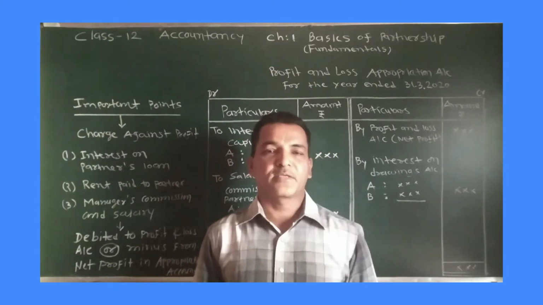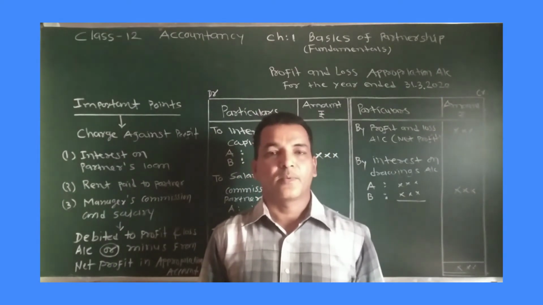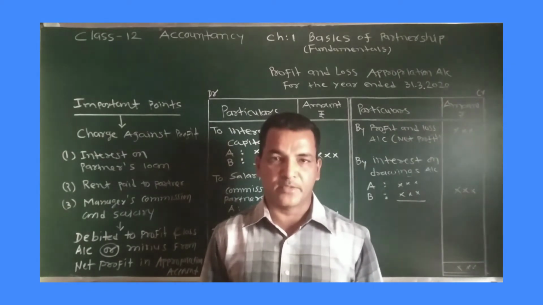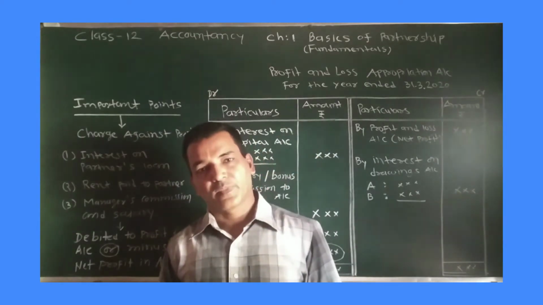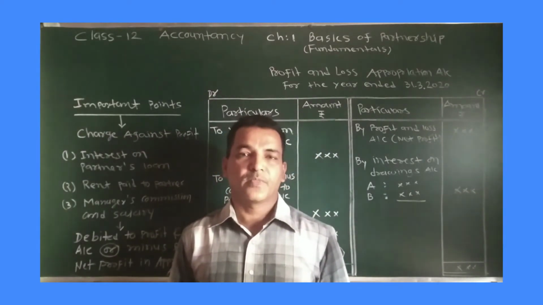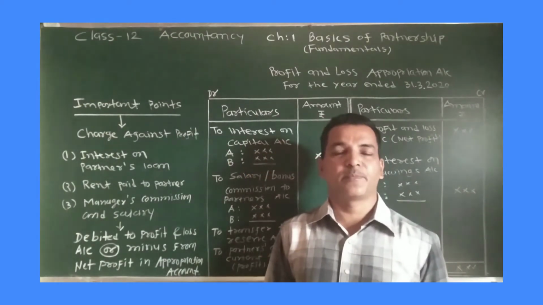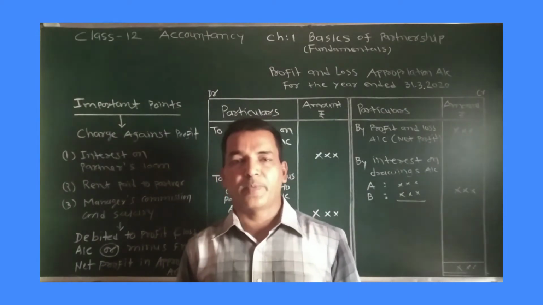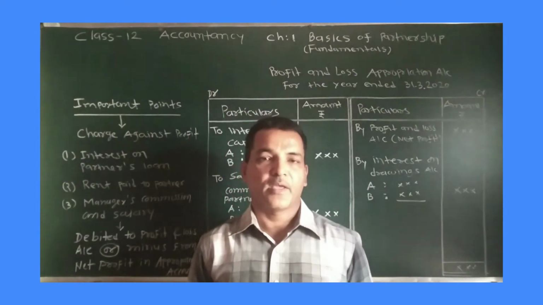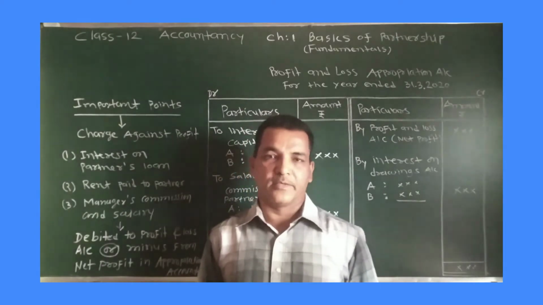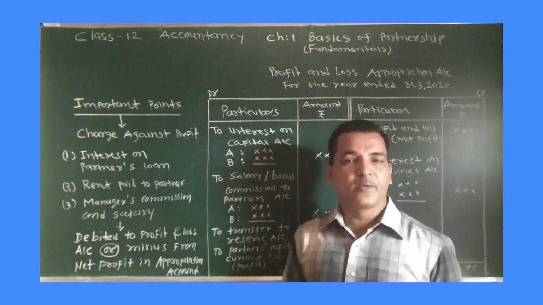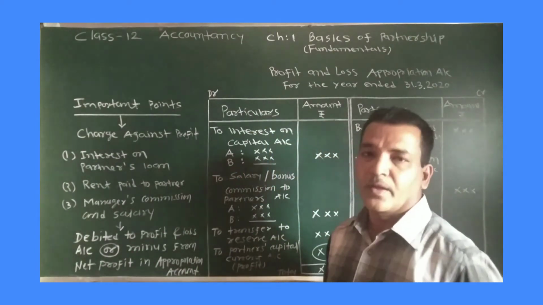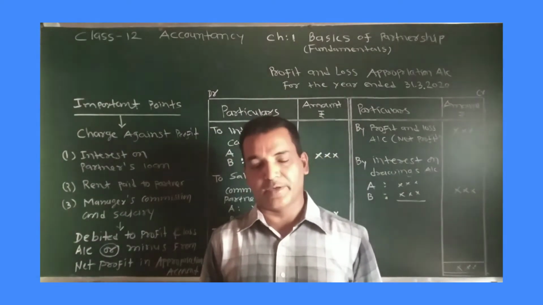You all know partners' capital account can be prepared in two ways. First method is the fixed capital method. Second is the fluctuating capital method. In a fixed capital method, we prepare two separate accounts: one is partners' capital account and second is partners' current account. Whereas in the fluctuating capital method, we prepare only the partners' capital account and all transactions are recorded in it. So, keeping in mind partners' capital and current account and this appropriation account, let us learn different journal entries.